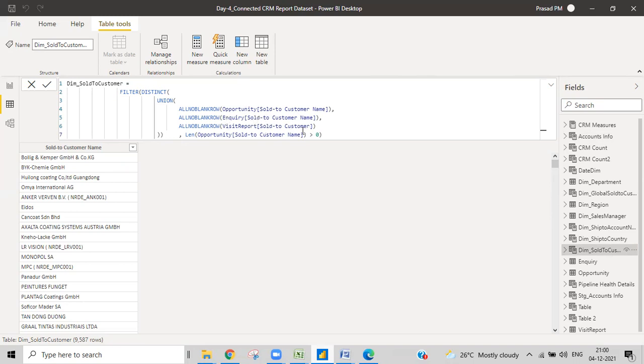So I know which tables I created this from. Once I created this, obviously I'll give the relationship with the same table, same column. Then I can put this table's column into the slicer, and if I slice, then obviously the rows in these three tables, if they have common things, will be filtered.